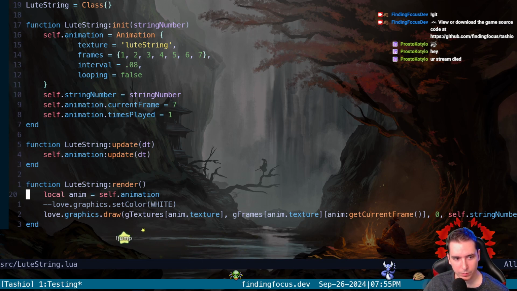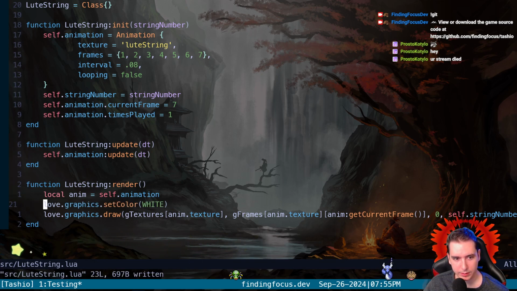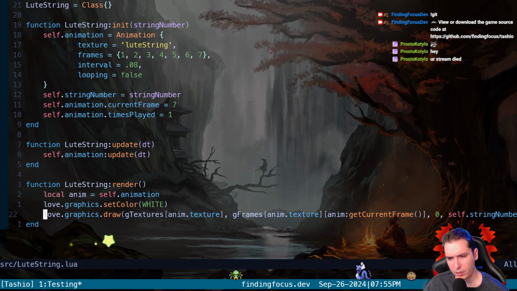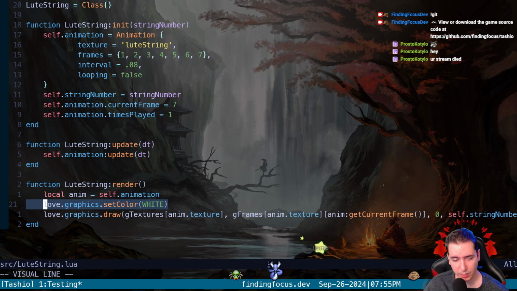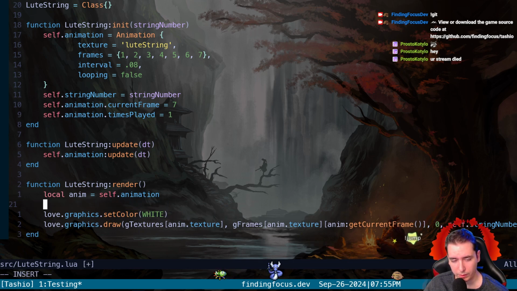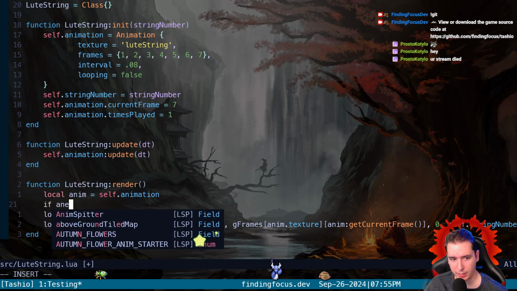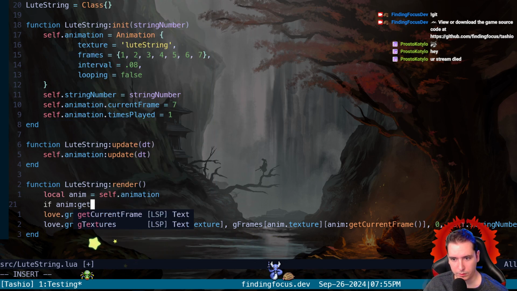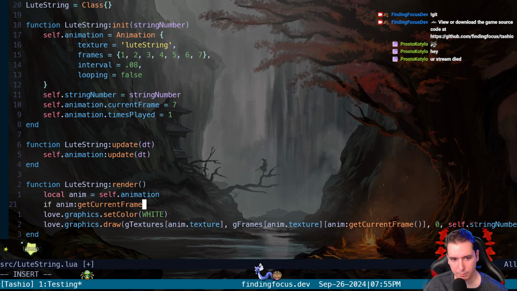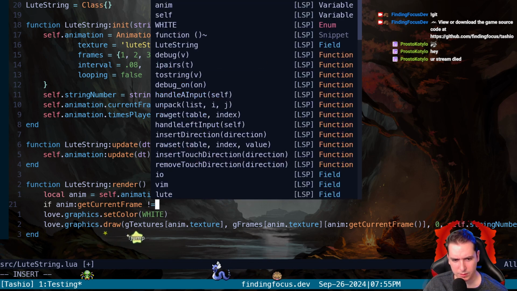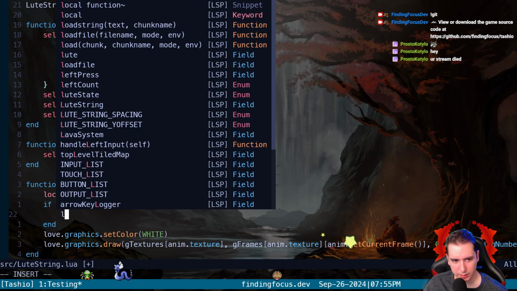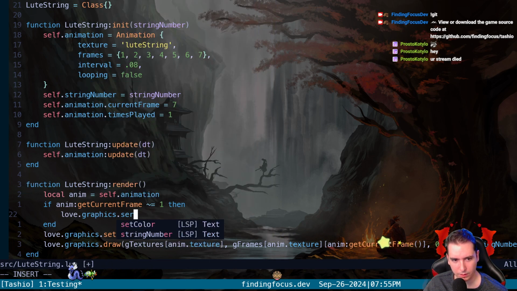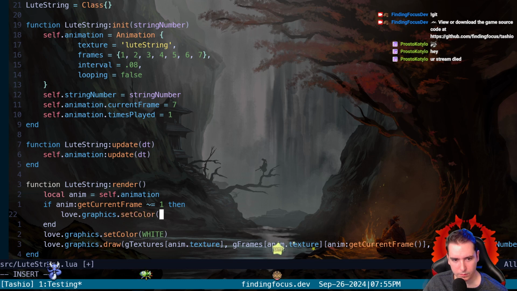Look, right here we do have set white, but we could do this get current frame, and if the current frame is not equal to 1, then we would set our color to blue. So maybe we can say that right here. We can say if the current frame does not equal 1, then we want to set our color to cyan.